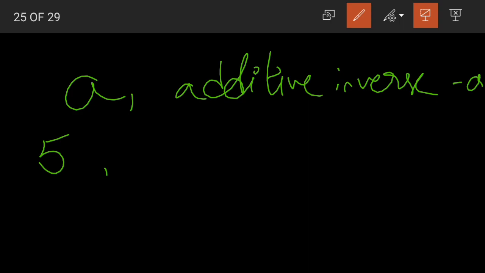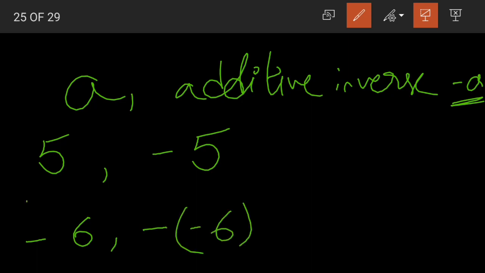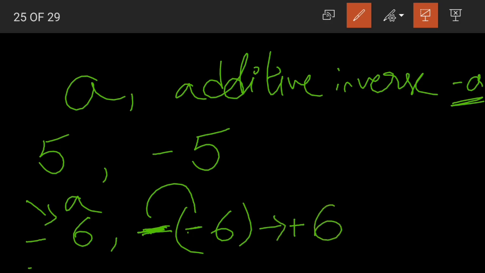If we take the positive integer 5, its additive inverse will be minus 5. If we take the negative integer 6, again, what did we say? The additive inverse is minus a, right? Now, how will we write minus a here? Minus, brackets open, minus 6. Minus 6 is a, right? Now, a has a sign of its own, and then we have a negative sign in front of a. So we put minus 6 in brackets. Minus of minus 6. Minus into minus becomes plus, and we have the absolute value 6. The additive inverse of minus 6 becomes 6.